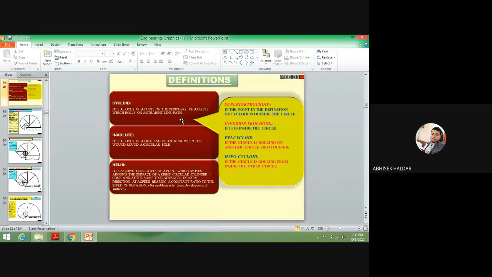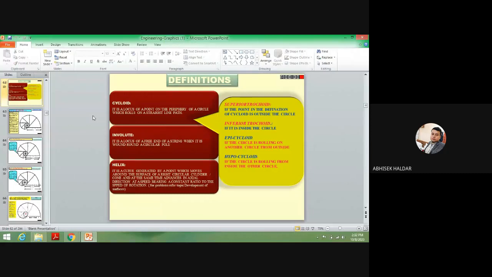So for that pi d distance, we will try to trace that point, how it is changing. How the position of that point on the circle is changing, and whatever curve is generated due to the movement of that particular point for one full revolution of the circle, that curve is known as your cycloid. Is the definition a bit clear?